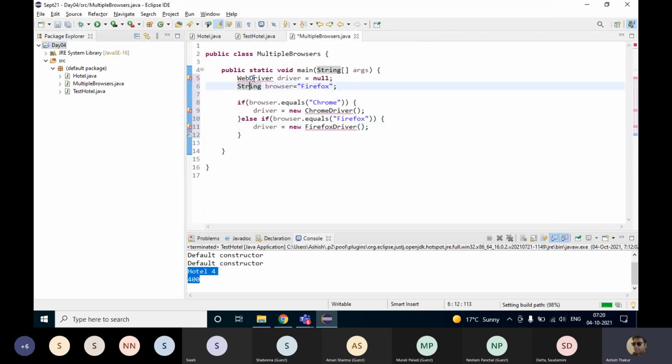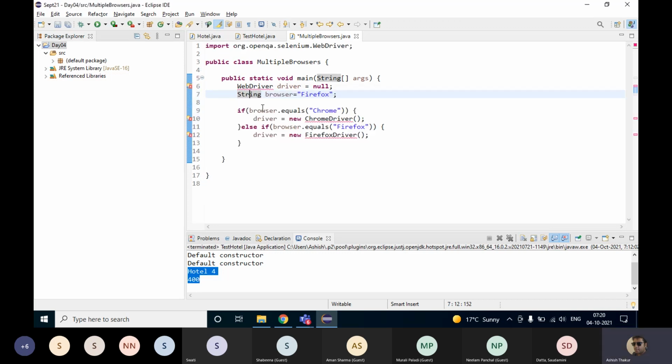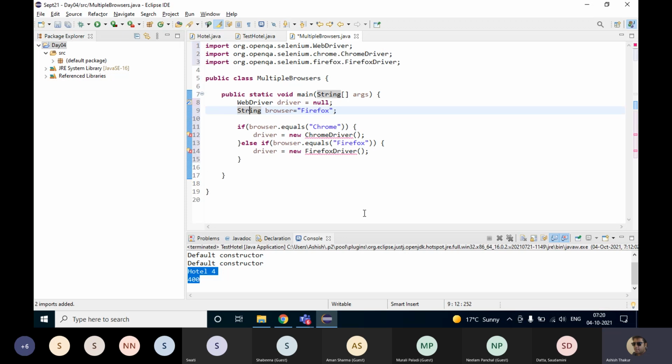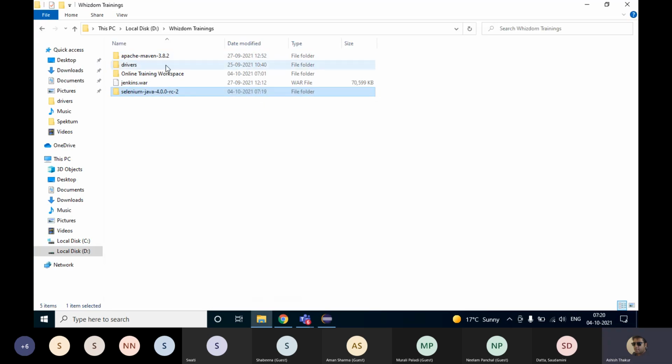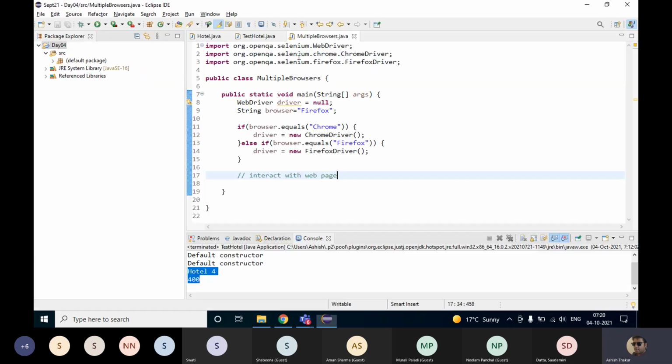Okay, so out here you can import these. Now, if you hit Control Shift O, everything will be imported by itself. Right. Now, once you launch Firefox or Chrome, you have to interact with the website as well. How Selenium works on a web page. Okay, how do you interact with the components of the web page? Right. Suppose I'm launching Chrome,